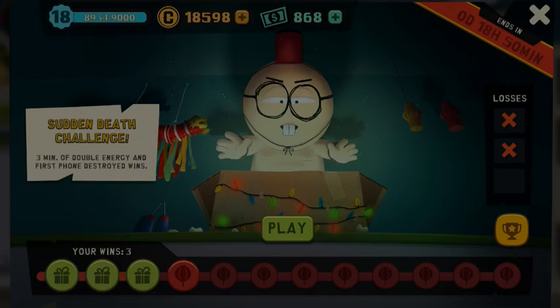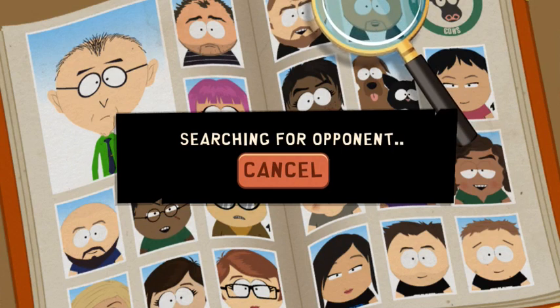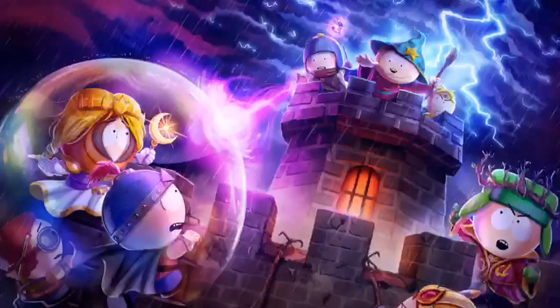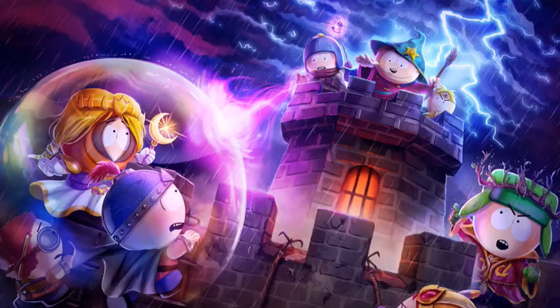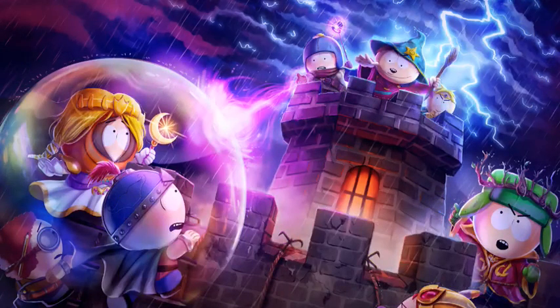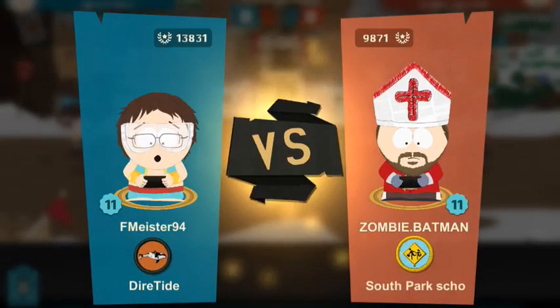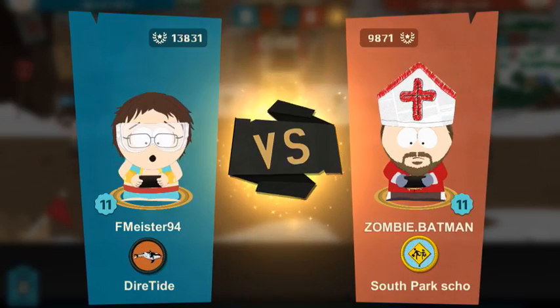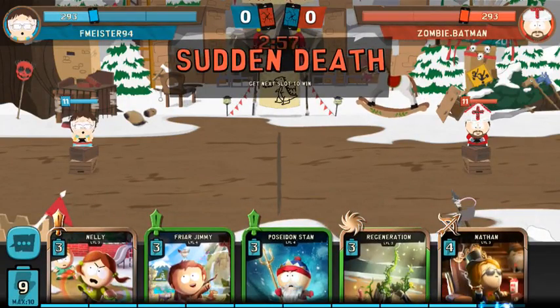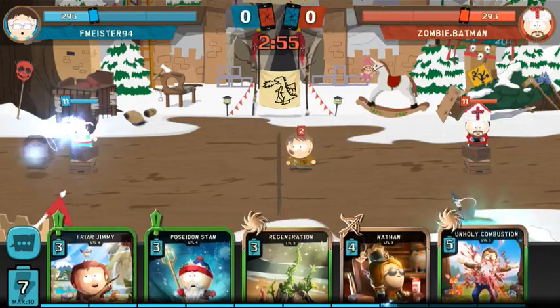Okay, so let's see if we can get a fourth win. Could be tough, but maybe. Last person I was playing, I was lucky. Maybe I'll be even luckier with this person. But the more I've faced, the more difficult the chance is. Okay, Zombie Batman. I like the name. It'd be interesting if they had a way of at least...